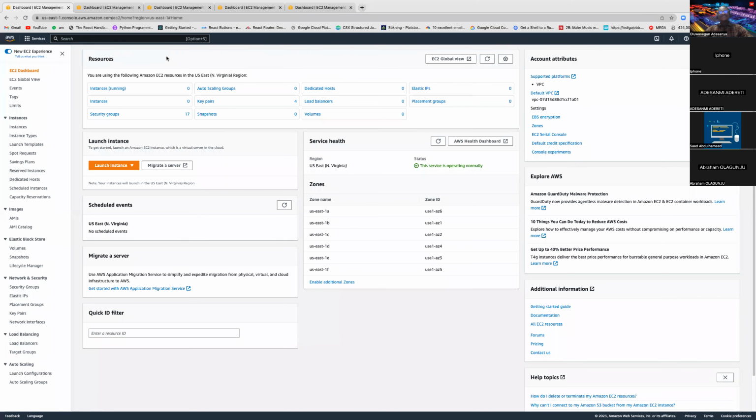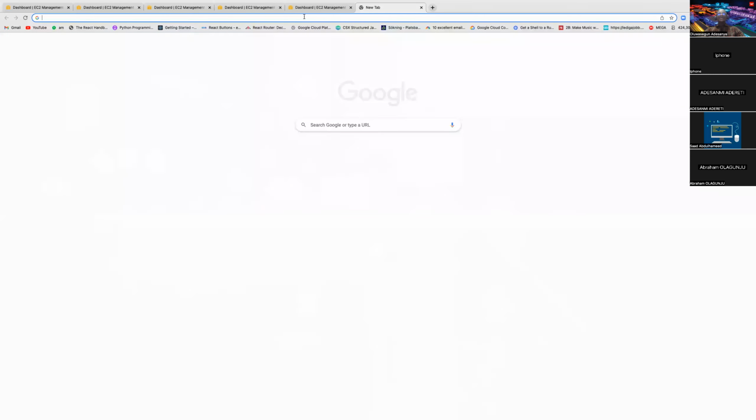Before I go into this EC2, I think there was a question yesterday about what are the opportunities in this field, what we should look into, and what things we should focus on. So maybe I should talk briefly on that before we look more into the hands-on and the practical section. Coming into the cloud computing space, there are lots of fields and opportunities that you can explore. I didn't have it there, but we can go and check it together